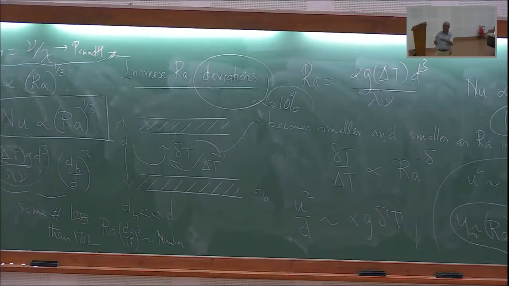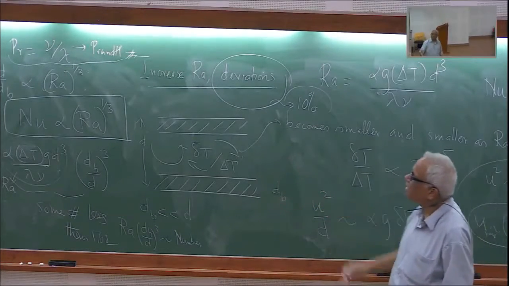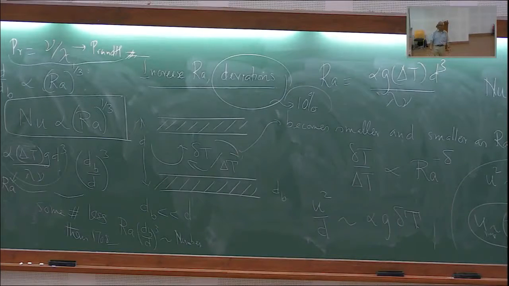So large variation is possible to track Prandtl number, but we have been absolutely quiet about it. But the moment you look at this boundary layer, Prandtl number will start playing a big role in it, and you get Ra to the power 2/7. So,